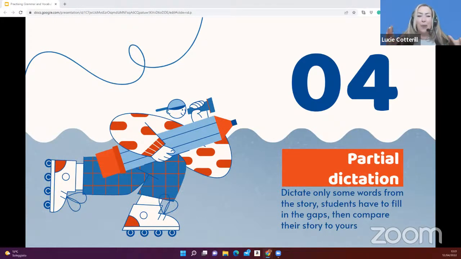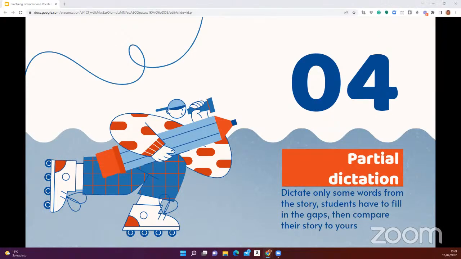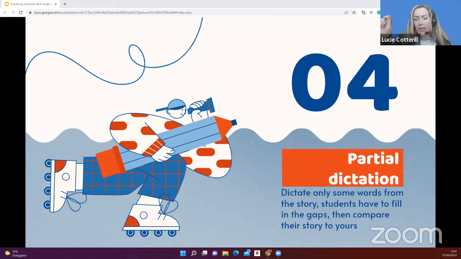Listen to what I say, and when I stop, write what you think comes next. I will read it twice, so don't worry if you get a bit lost the first time. I'll read it again afterwards. Okay, so here we go.